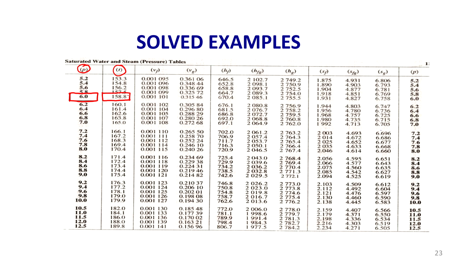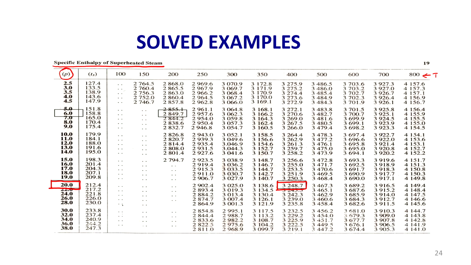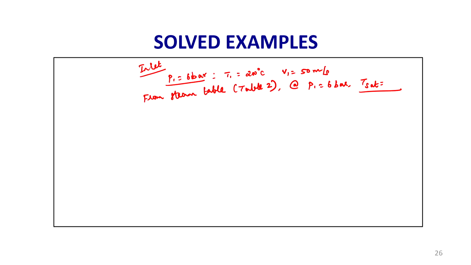So, all these values are in degree centigrade. So, 158.8 degree centigrade. Given temperature, the temperature of the steam at the inlet is 200 degree centigrade. So, T1 is greater than Tsat. What does it indicate? Condition of steam